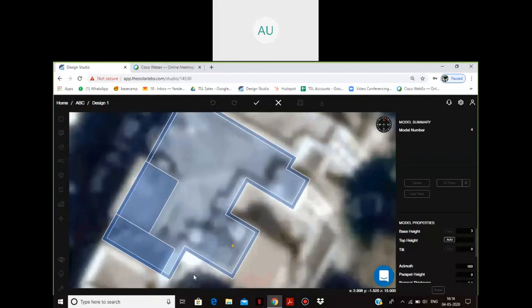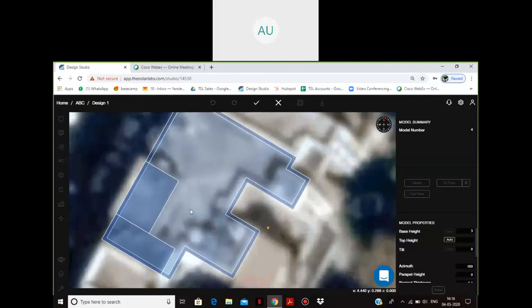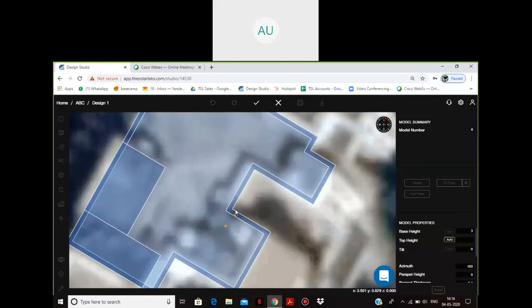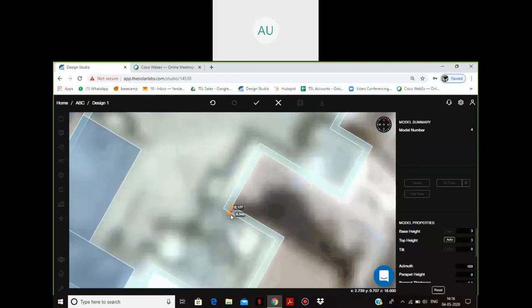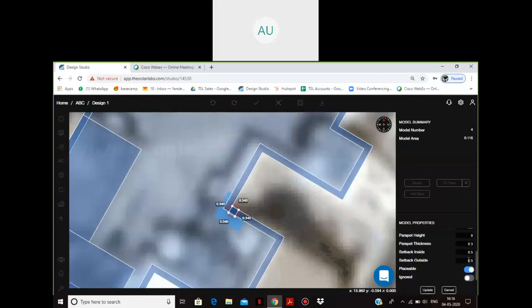Now here I have a shed kind of structure as well. It's not very clear in the picture, but as we have designed this site earlier, we have a shed kind of structure. For that I can even make pillars. I'll show you how. I'll take its height as 2 meters, mark this as not placeable, and update that.